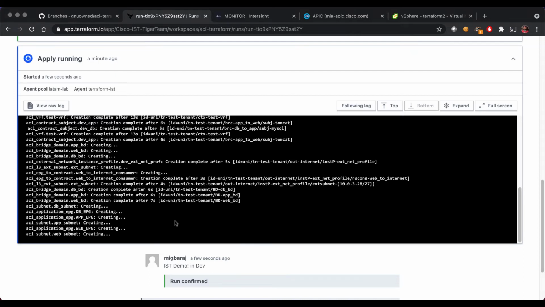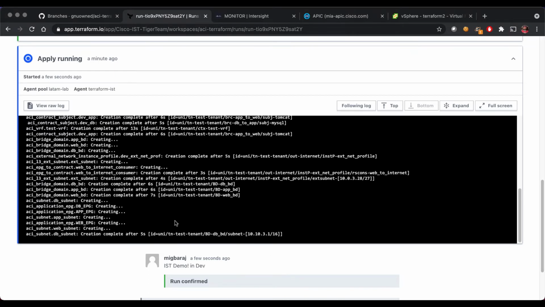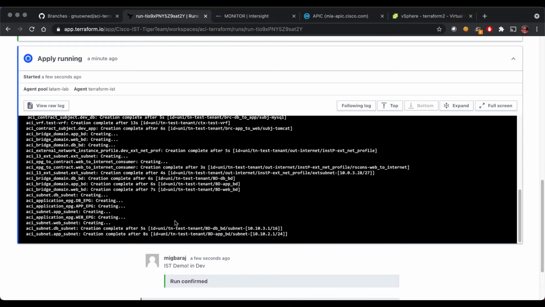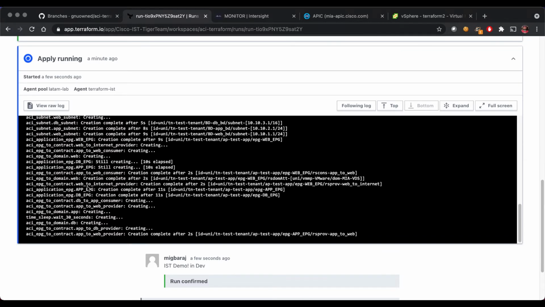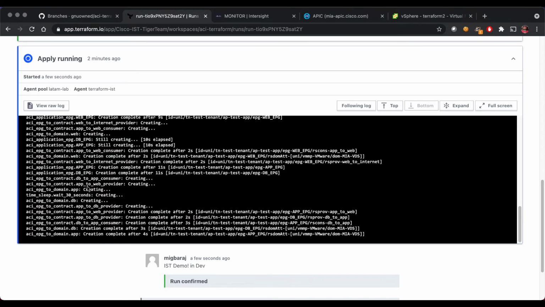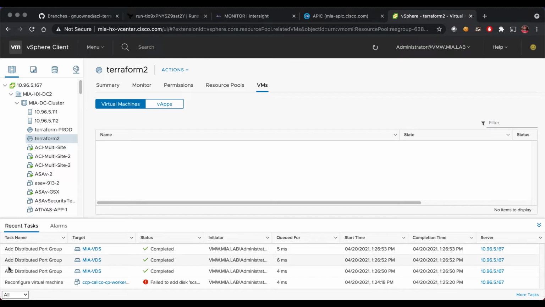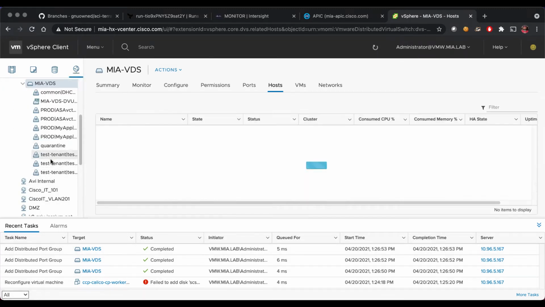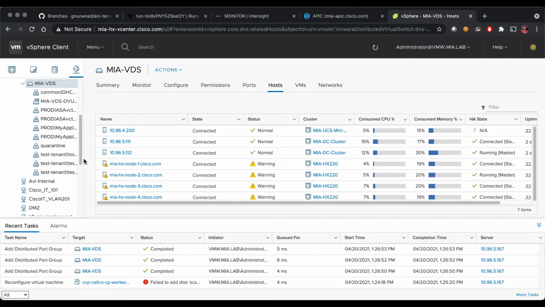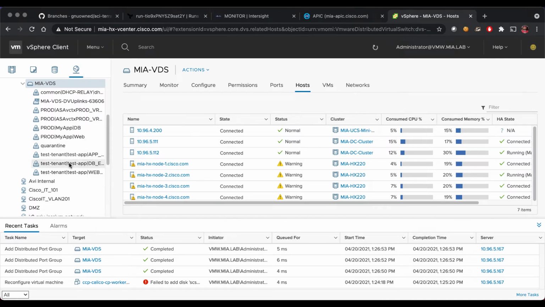So as we will see in a moment in our APIC, all this configuration is already done for us, and in vSphere as well. We will see that 3 new port groups have been created for me,